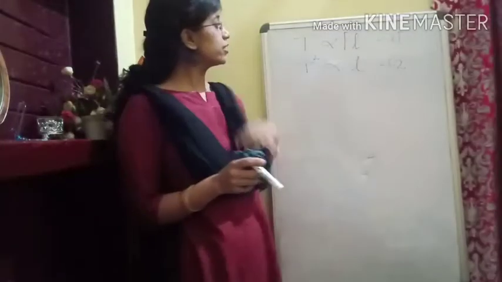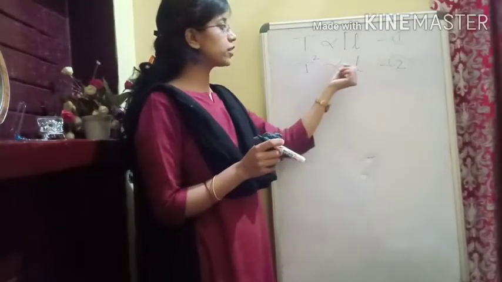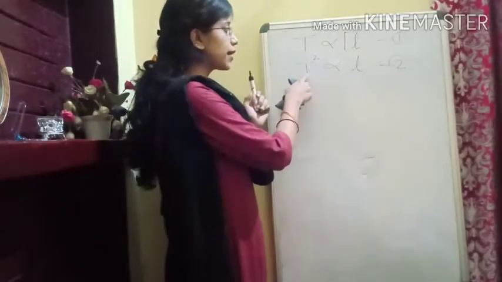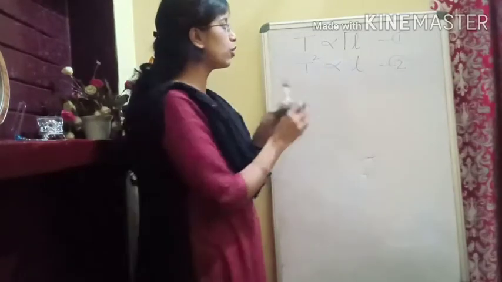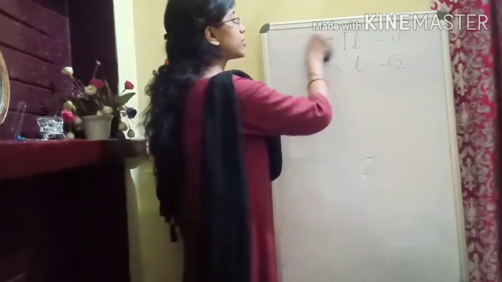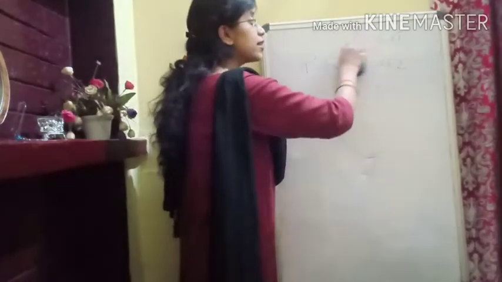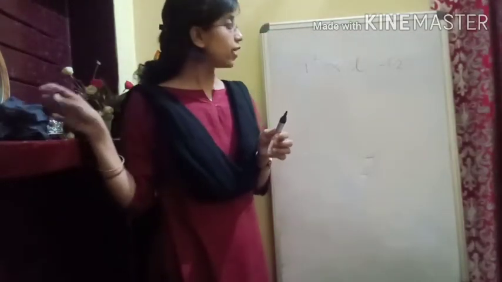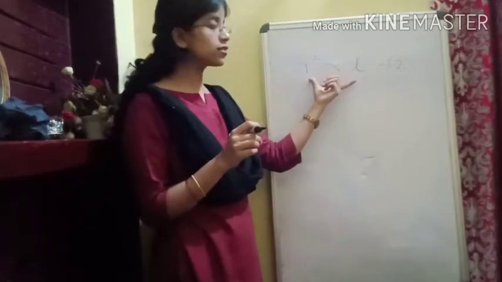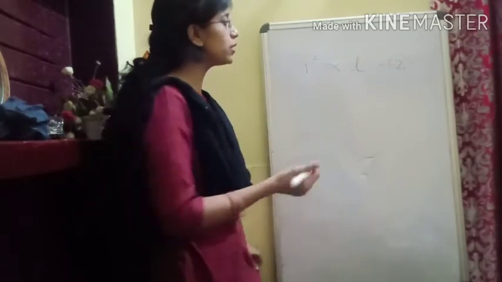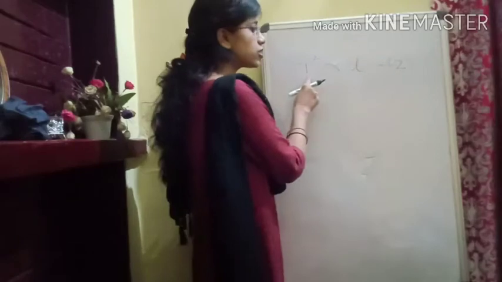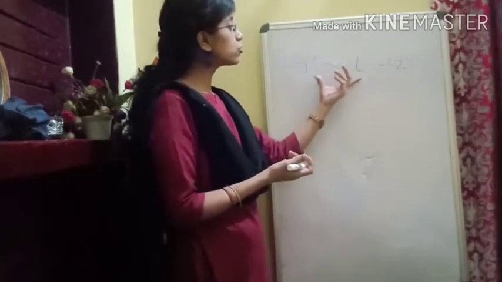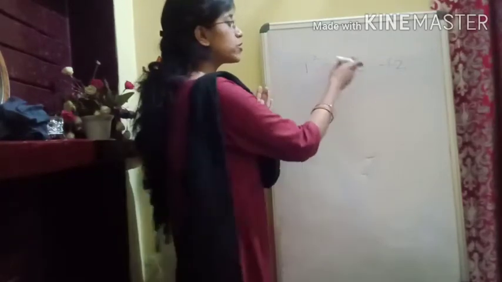Okay, now if we take this information, that is T square directly proportional to L, which means that the time period of simple pendulum depends upon L, that is the effective length. That means if there is any variation in length, if I tell you to read this mathematical statement, it simply means that whenever L changes, T will also change. So that's how we see that time depends on L.